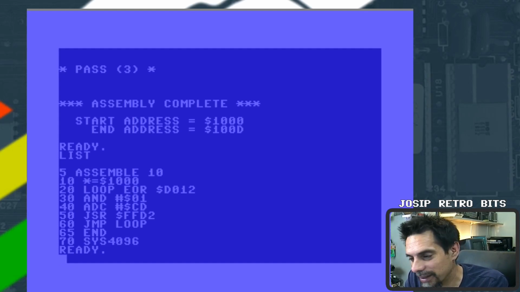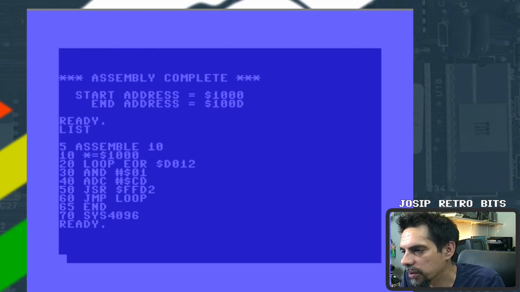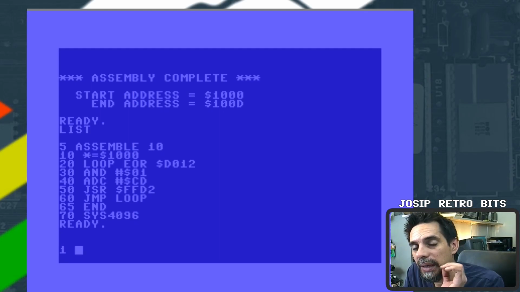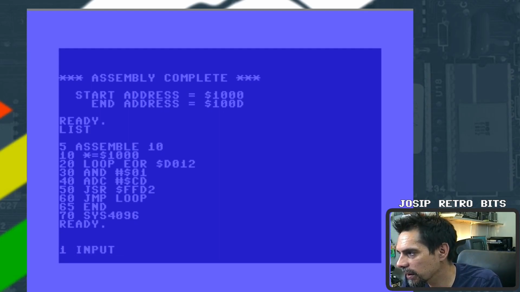But we can change that as well. It's a bit more complicated, but we can try to do something with it. But for now, let's see what can we do as it is. What can we do with this, and can we make something that is actually useful, combining basic and assembly code? So let's define line number 1 and let's put input here. So this is our temp print maze,